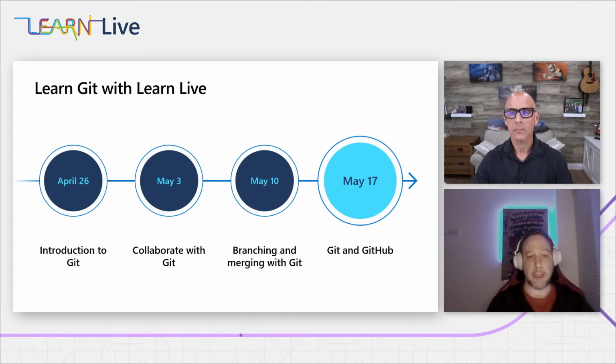Now for today's session again, we're going to step away from the Git commands. The assumption is that the ones who joined us before already know the Git commands. We talked about the Learn module, and I hope some of you were checking in and going through the exercise. Today we're going to mainly use the graphical interface, using GitHub and VS Code. A lot of the examples that we used in the command line will somehow be familiar, but you don't have to memorize them. That's really good. Now again, if you missed any of the previous sessions, you can start at